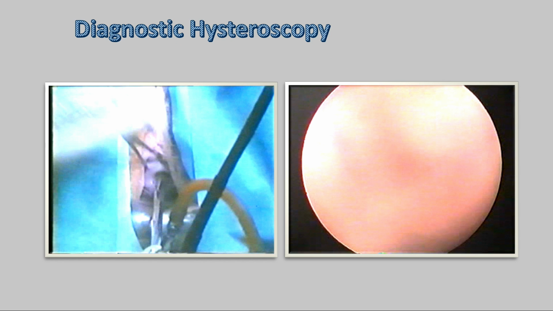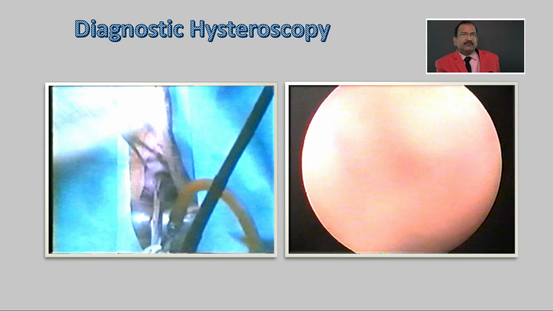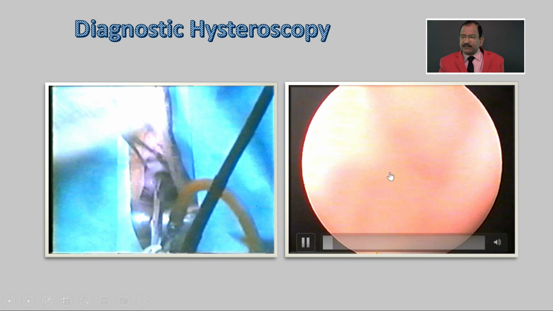So you know the cervix dilates last. First fluid has to go into the uterine cavity. After that it should open the internal os, and then the cervix dilates, the cervical canal opens. So you should keep patience. Keep your tip at the tip, so that the fluid jet will be at the tip. It will go first in the cavity, then wait a couple of minutes, and then slowly see the cervix is opening,